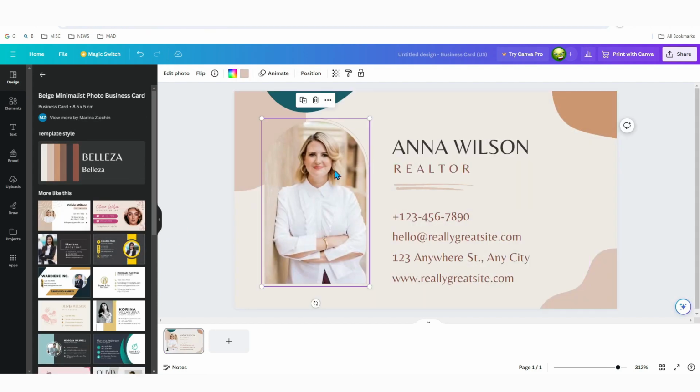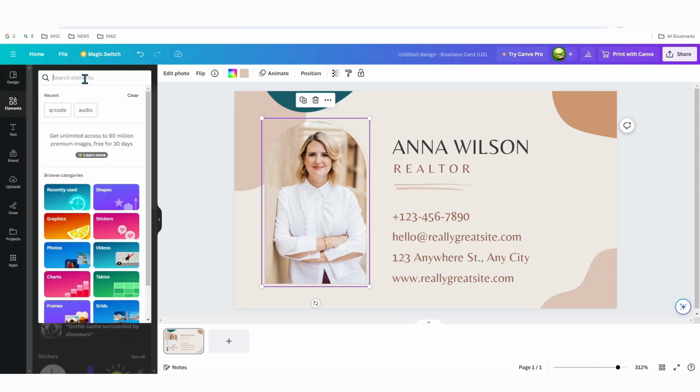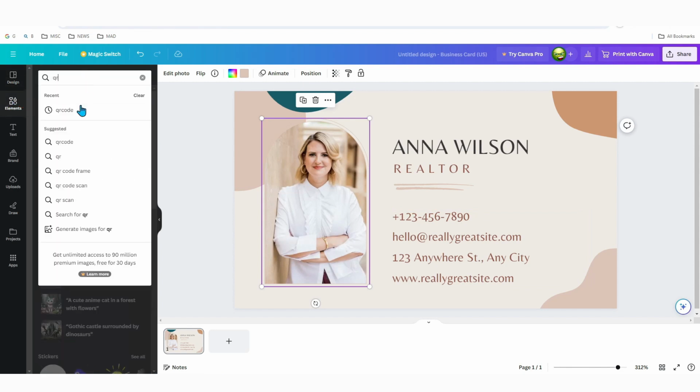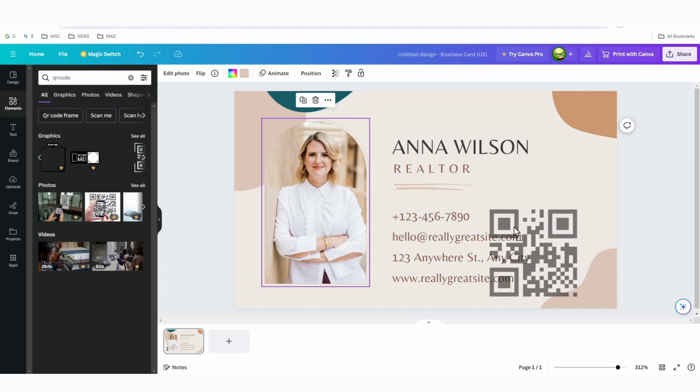Of course, I can change anything here. I can bring in different photographs and all that. But I can go to the back or the front of this card. I want to put a QR code here. So I'll go over here to Elements, type in QR. And there's the code. Now you see you have Pro here, but I can move over here and just grab one that's not Pro,